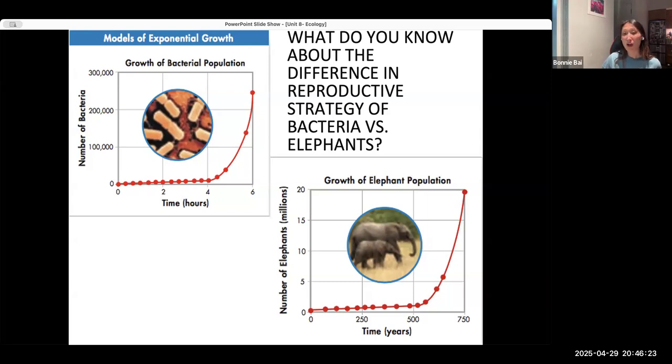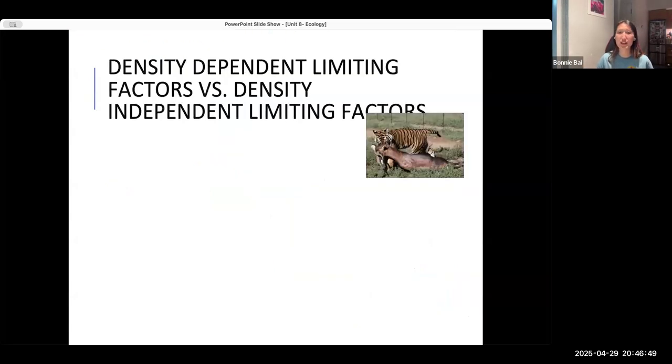What else? The number of offspring. If you're thinking about elephants versus maybe jellyfish or plants, those organisms have a very different method where they release a lot more potential offspring, whereas elephants usually have just one offspring at a time. So their population will grow much faster in an ideal environment compared to the elephants as well. I think there's another page that will show this.